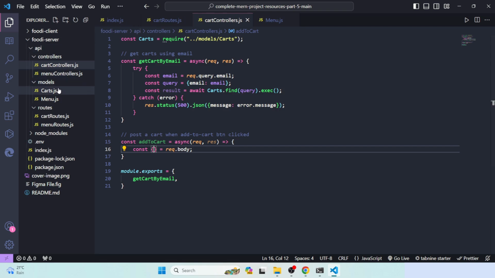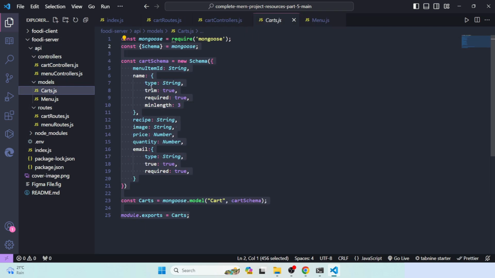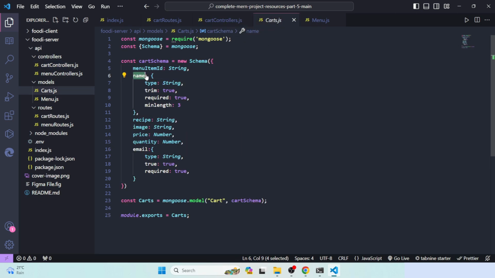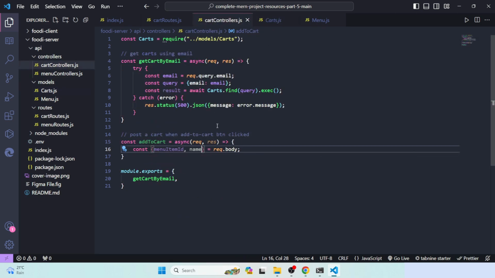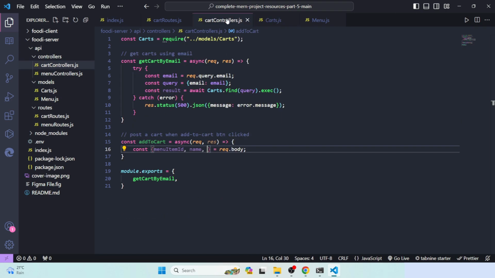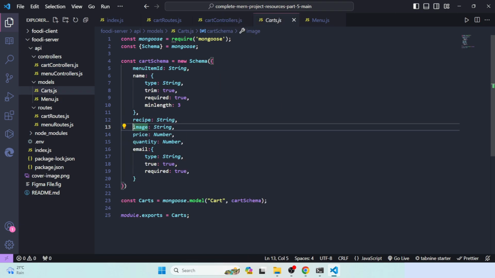Actually firstly let me open the cards model. Here we'll destructure menuItemId, then we'll destructure name, then we'll destructure recipe,